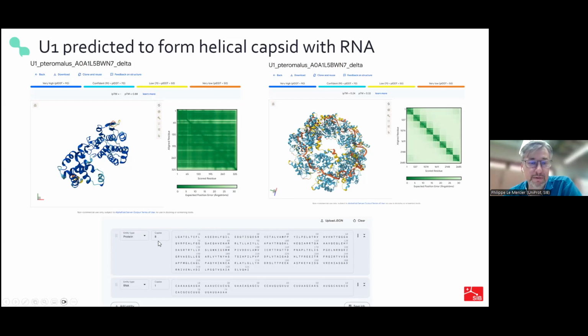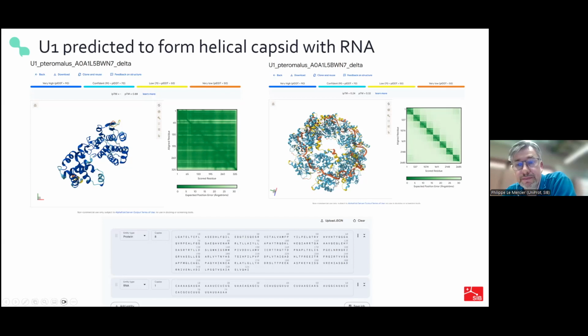So what happens if I take 8 of these proteins and I put an RNA inside? I took a part of the viral RNA sequence which is supposed to be attractive to the nucleocapsid in the leader. Instead of putting a random RNA, I put a part of the 3' end of the viral RNA, which should make sense. And what AlphaFold makes is this. So you see, it makes proteins with RNA, binding them together in the groove inside. So it's also a very strong indication that we have found the nucleocapsid, because what you expect is actually predicted